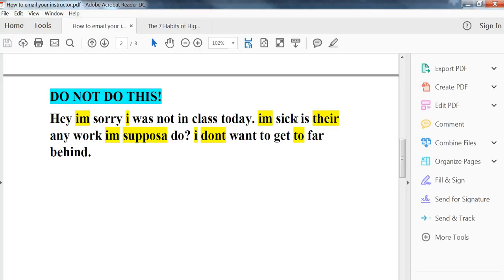And then maybe a new sentence should start. And then there's a misuse of the word "there." This is a personal pronoun for belonging to them, like their book or whatever. "Is there any work I'm supposed to do?" I guess is what that means. I know what they're saying. Hey, they did put a question mark. That is good. And then there's another lowercase I, and then a "don't" with no